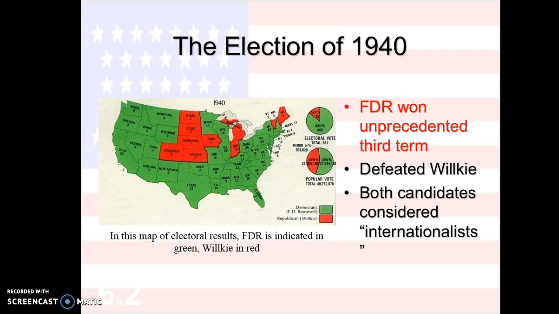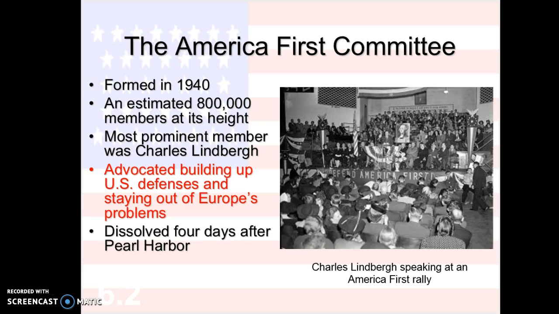Okay, so you can kind of see the division, and some of the countries that are fighting each other are the same. Okay, so in 1940, FDR wins his third term, and you can see he loses some of the states in the Great Plains, but mainly he's going to win. And that's good for America because they're going to have someone in office that knows what's going on.